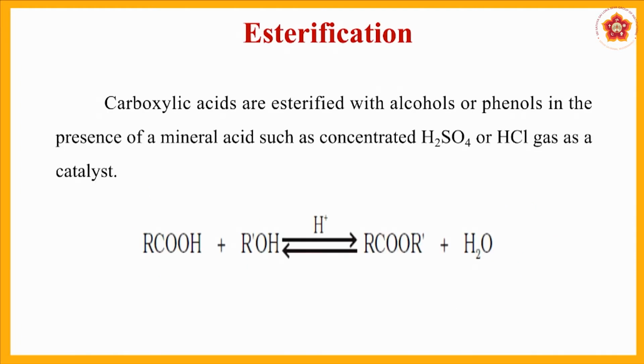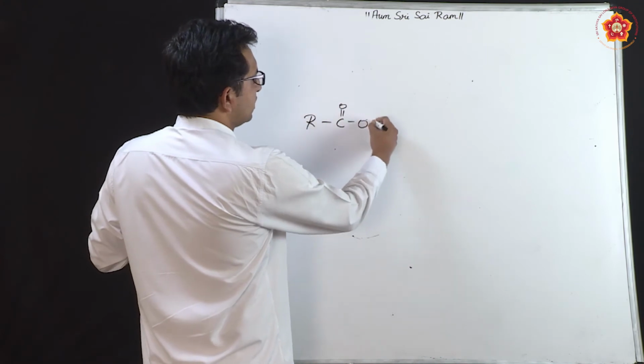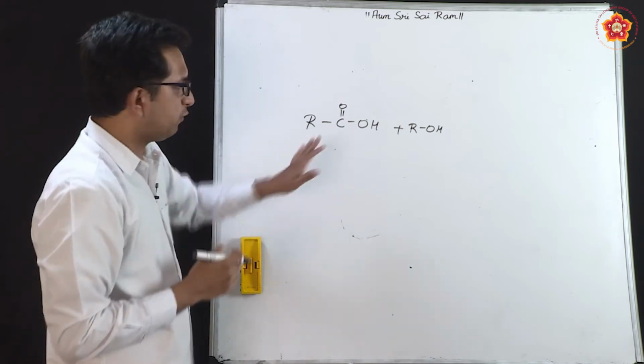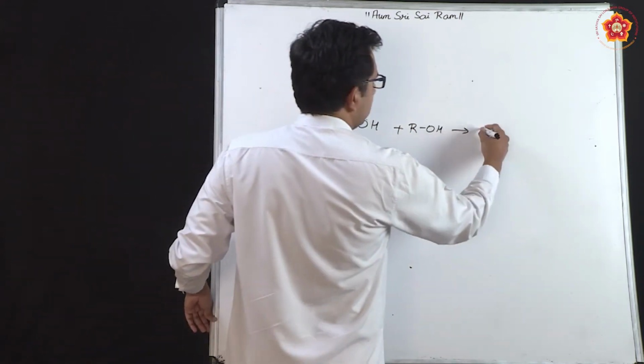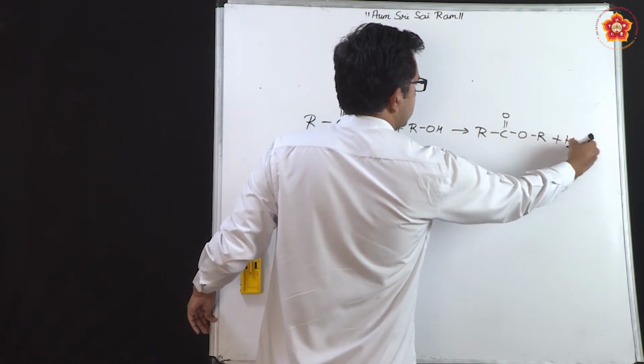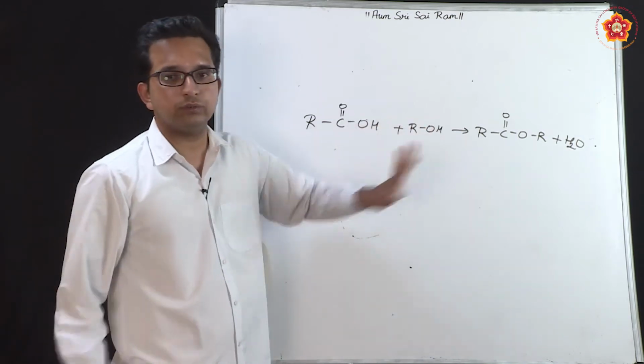Moving on, esterification reaction. This is something you have actually studied even in the 9th and 10th classes, where in organic chemistry you happen to come across ester. Ester is a very fruity smelling compound, and esterification happens by the reaction of a carboxylic acid and an alcohol. RCOOH is the general formula of carboxylic acid. This is the alcohol, where once again RCOOR' is formed and water is eliminated.